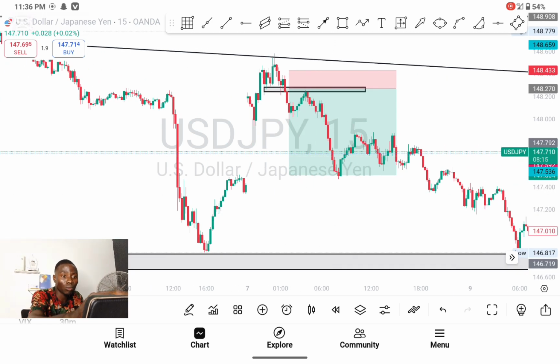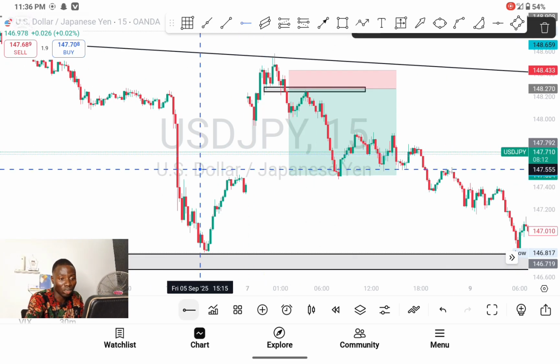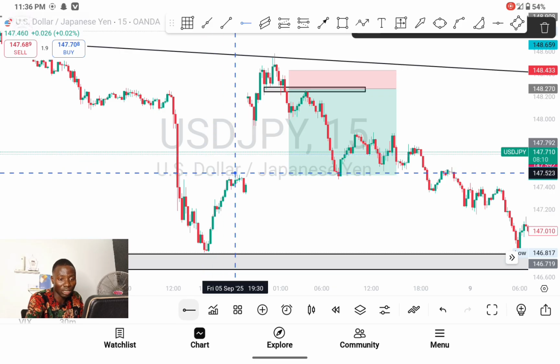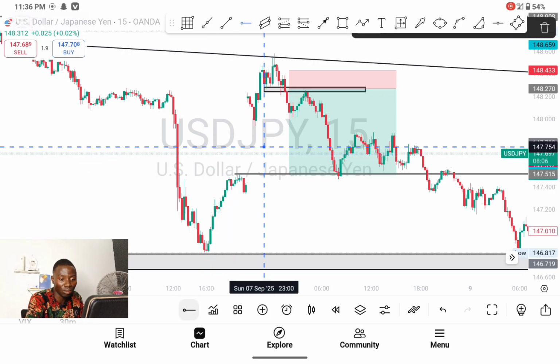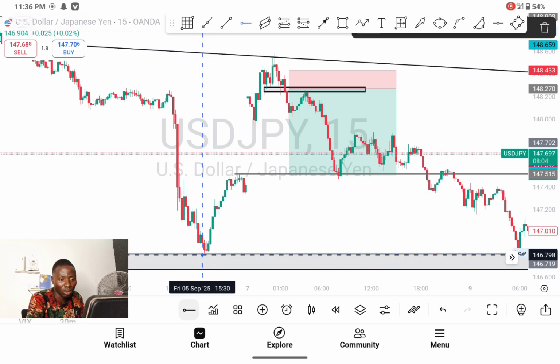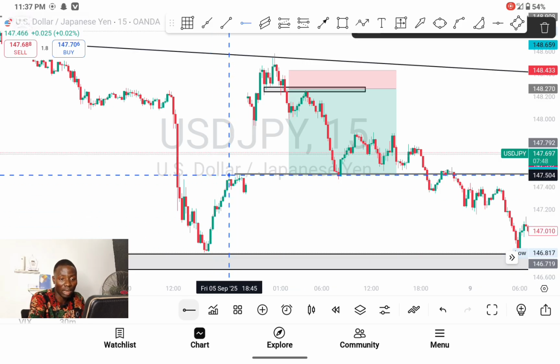So out of risk management, I put my TP at this level. I was planning to put it at this level down here before, but I left it. Why? Because I don't know, the market might tend to do otherwise. So I just have to risk the one that I'll have peace of mind on. That was the reason why I put my TP at this level, because I know that it must fill the gap.